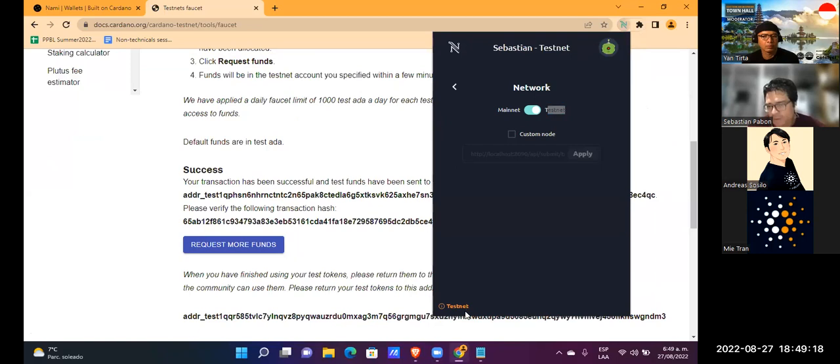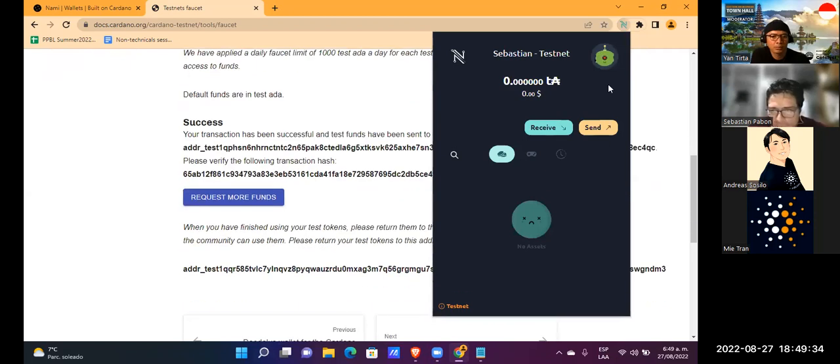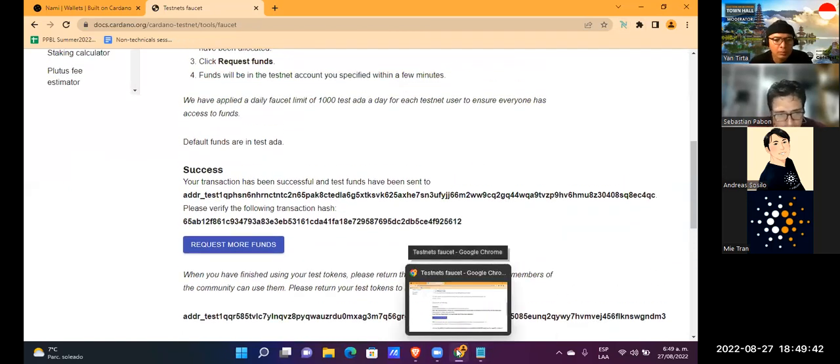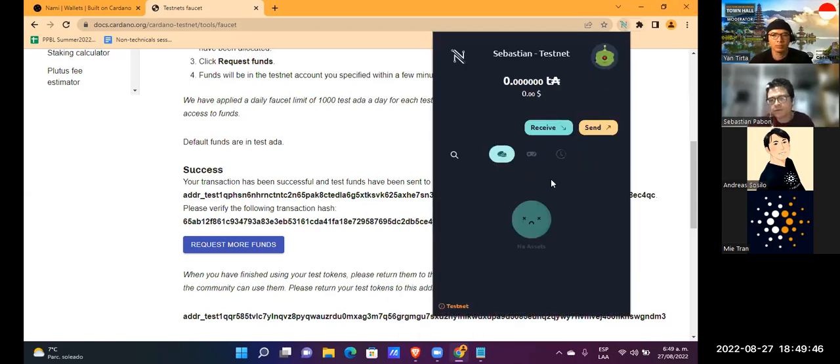But for the moment, wallets in general have to update their characteristics. For example, although we successfully request our funds, the funds are not in our wallet because the wallet software is not updated with the new conditions.